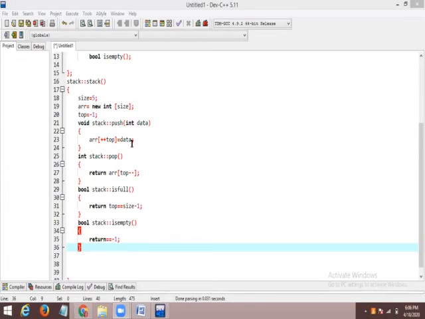And for the push operation, plus plus top. Why did I take plus plus top? Push means at the starting, in an empty container you are going to enter the values, so it is empty. Empty means it is going to increment your value 0 to 1, 1 to 2, 2 to 3, 3 to 4, 4 to 5, like that you are going to increment. So that is the reason I took plus plus. And pop is nothing but taking out, so that is the reason I took minus minus here.